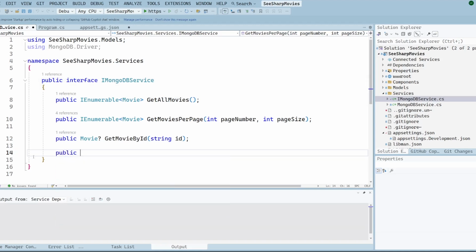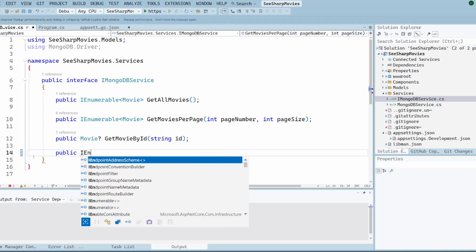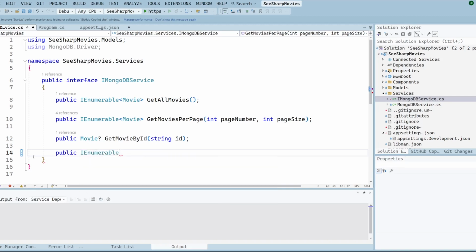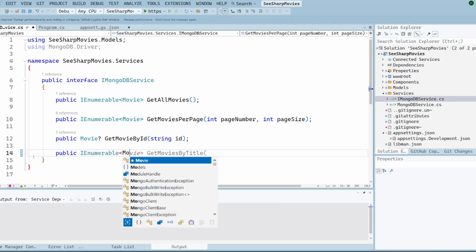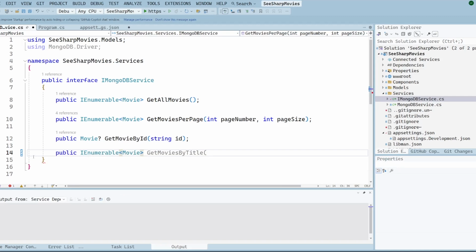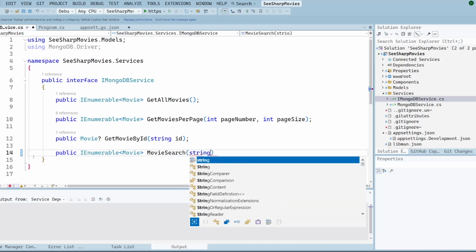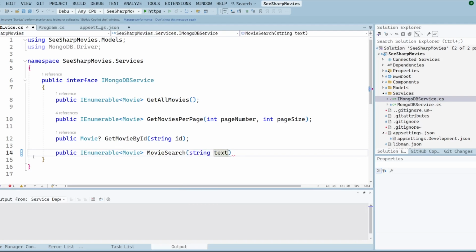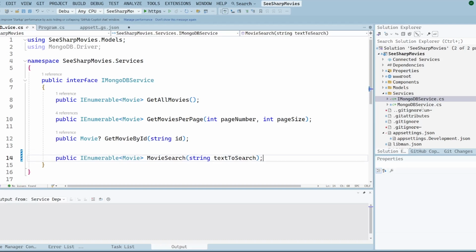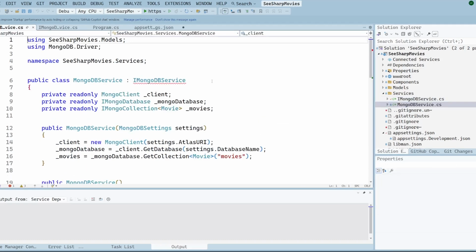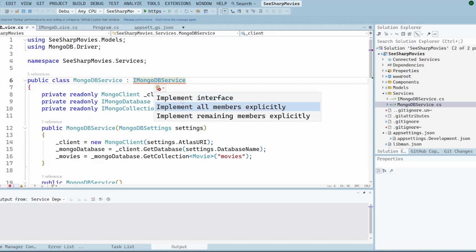This is going to be a public IEnumerable, because we'll get back an iterable list of films that match the criteria. So we're going to do MovieSearch here, and that will take a string of what we want to search for: textToSearch. Right, so now we can go in and ask our MongoDB service to implement that missing method from the